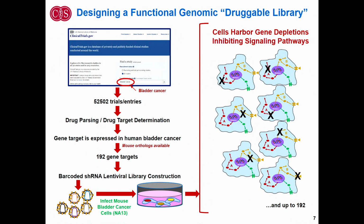But the idea was we wanted to do a proof of principle. So it wasn't as broad as we could now do given the results I'm going to show you. So we parsed them fairly aggressively to come to a smaller number. Of course, one of the critical considerations was that these drugs have targets, and these targets are also found in mouse tumors. So we ended up with 192 genes and then